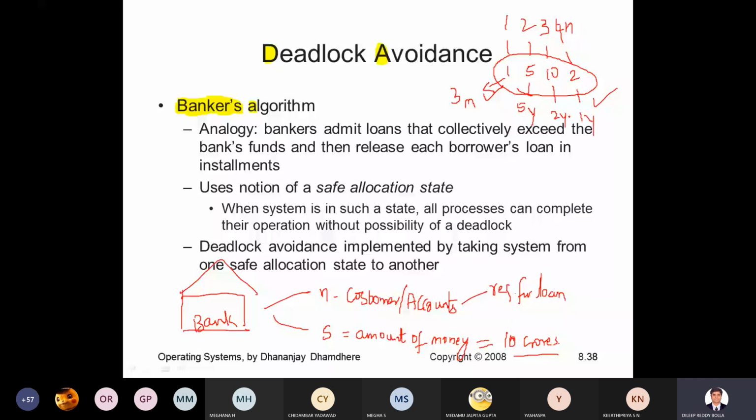Now, if somebody is requesting a loan and all the fund is allocated, what should the banker do? They will tell you, wait for 3 months, we'll get a repayment of 1 lakh, then you can take it. Each of them will pay one installment every month, right? Whatever amount they collect each month, they are going to give it to other people. In this way, the bank functions smoothly by collecting funds from people and giving them to someone else. They have some principal amount, and they do a rotation of the principal amount.